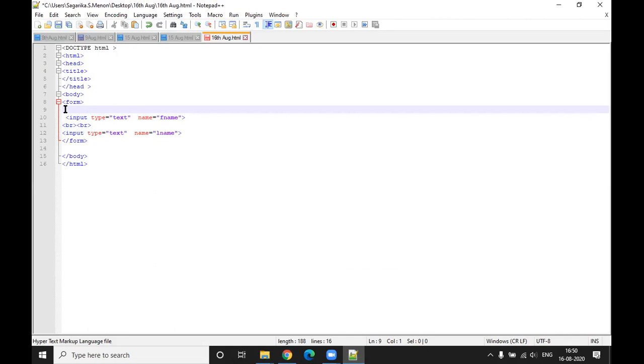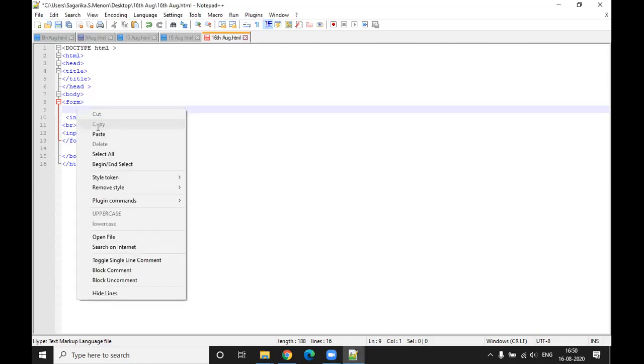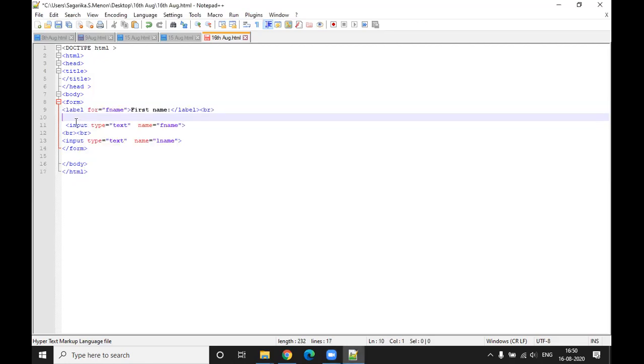Okay, just paste it before the first one. Sir, like this? Yes, and then save your code and show me on the browser.